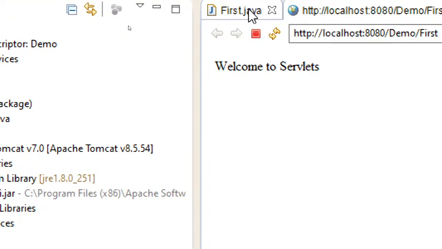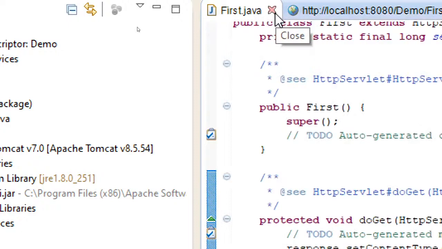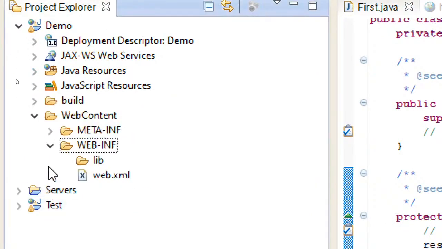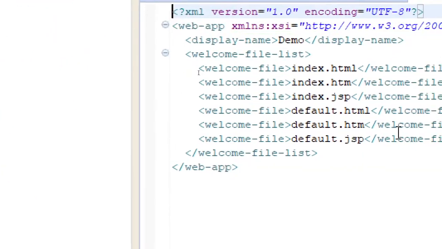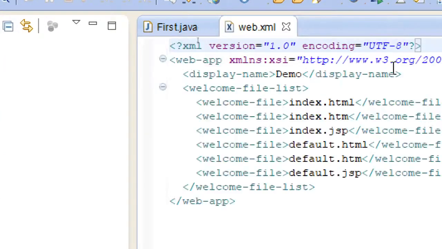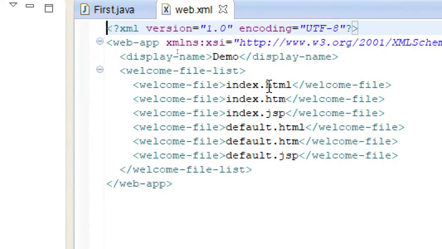Okay, now what we will do is I'll show you the web.xml mapping configuration. That's very important in real-time application development. So here is my web.xml. In this web.xml you can see by default index.html, index.htm, index.jsp.